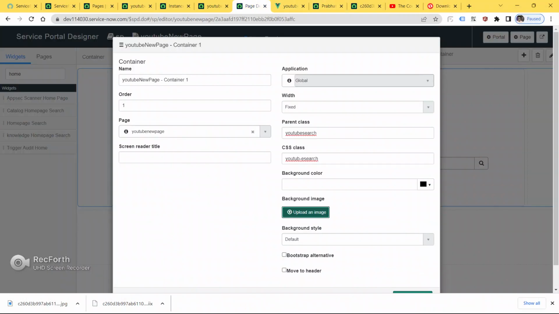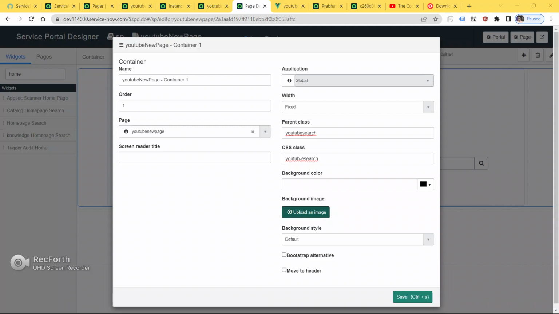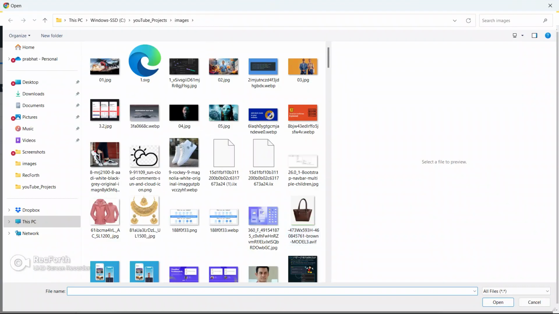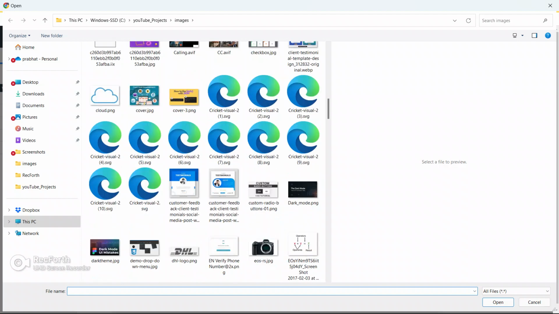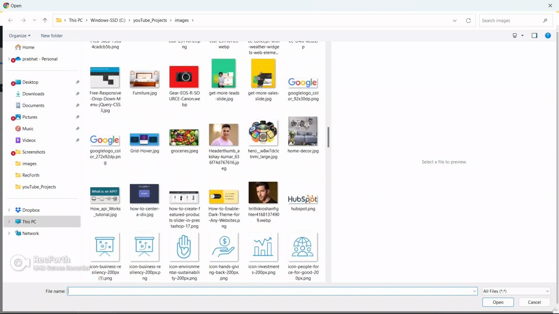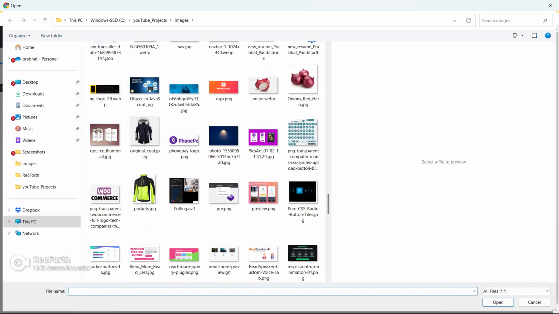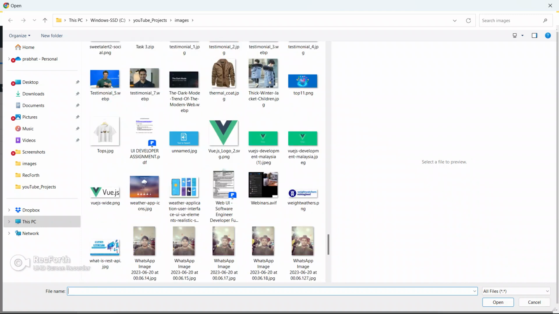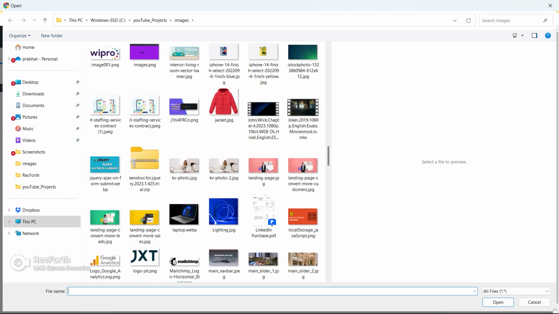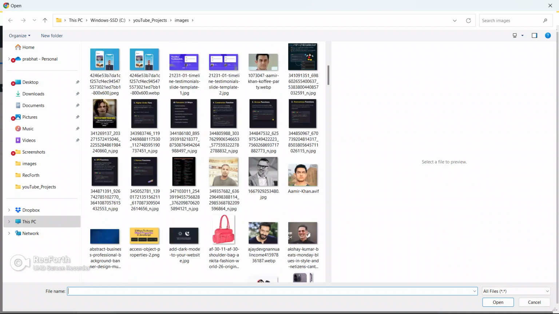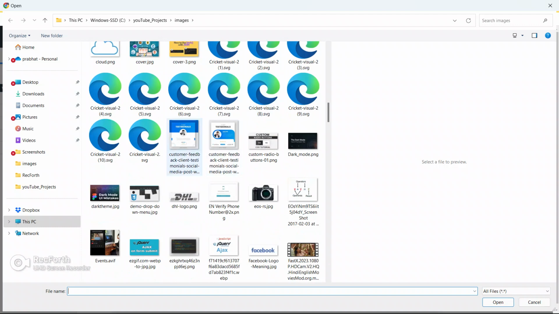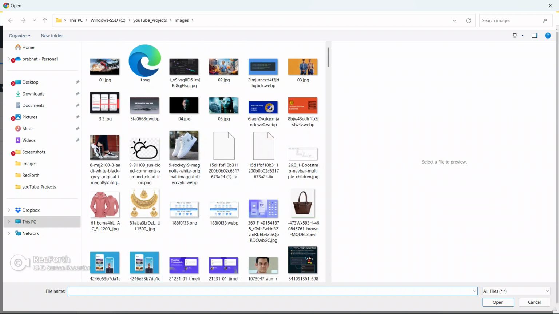Now cut this, go to this page, and click on the upload an image button. We will look for that image, guys. I think some kind of magic is happening with me. It is here only, and I don't know where it is now. Let me paste this.